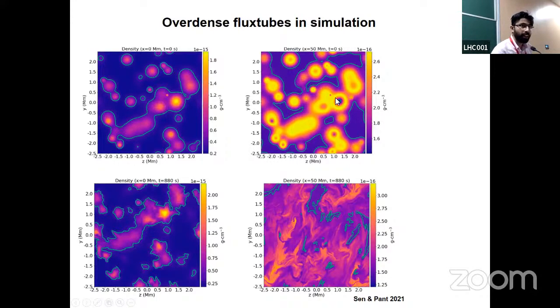And remember, I said that one mechanism of increasing the filling factor is the expansion of the flux tubes, and there is indeed an expansion of the flux tube, but there is not very much increase in the filling factor. However, at the later time when turbulence developed, of course the instability also developed here, but they are more at the loop top than at the loop